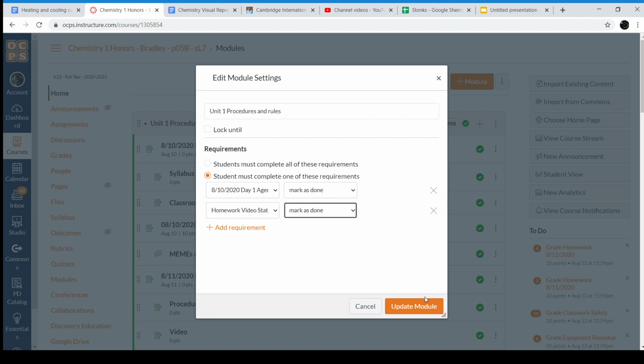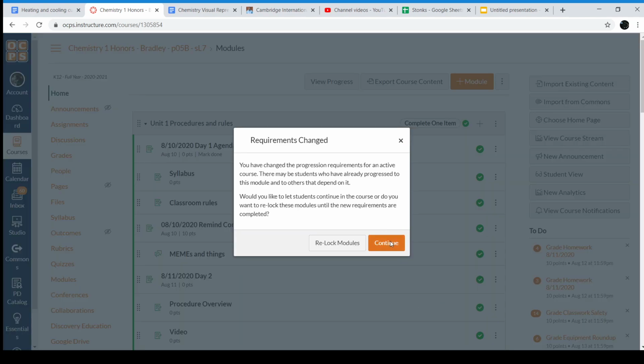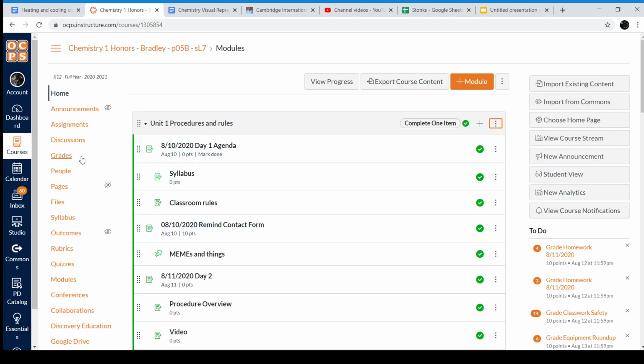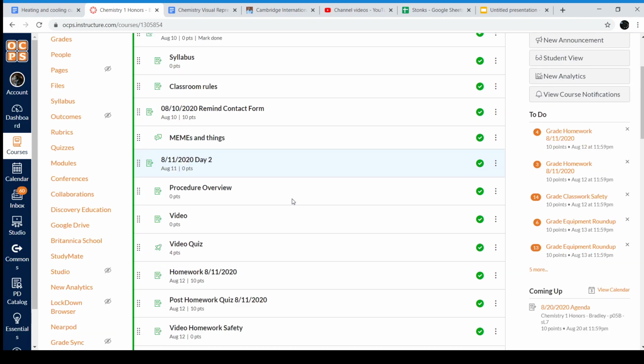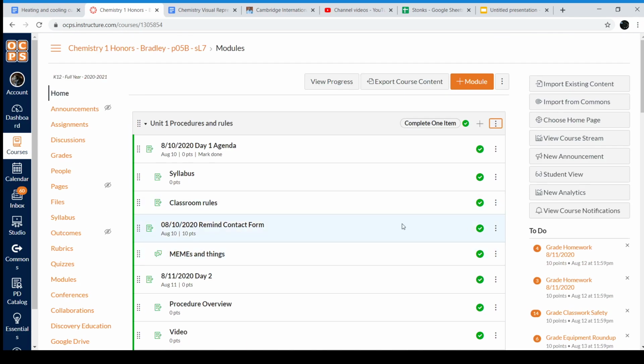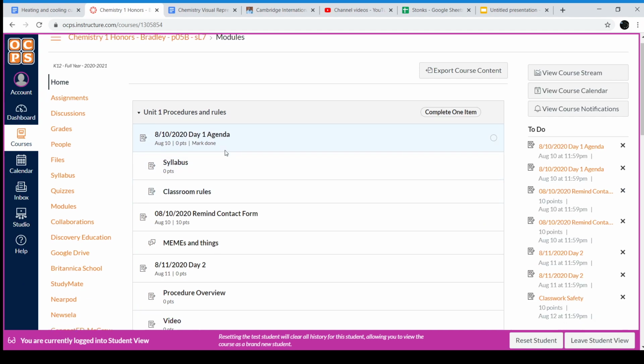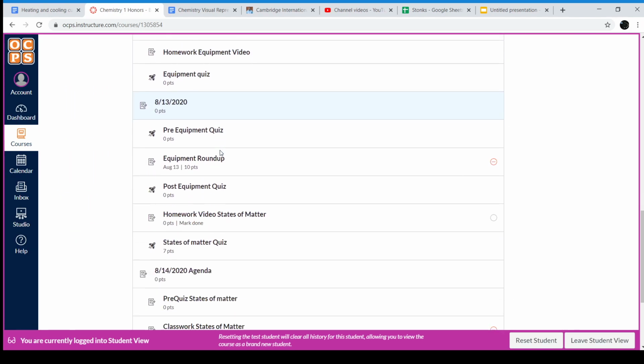And then Mark is done. Okay, so let's say you're going through here and your teacher has done it in the unfortunate way, where they make you go through in some sort of sequential order. What you would do is probably end up clicking on the assignment that you want